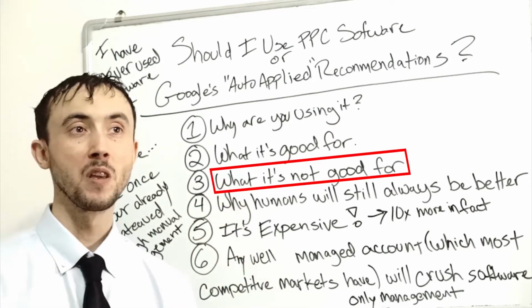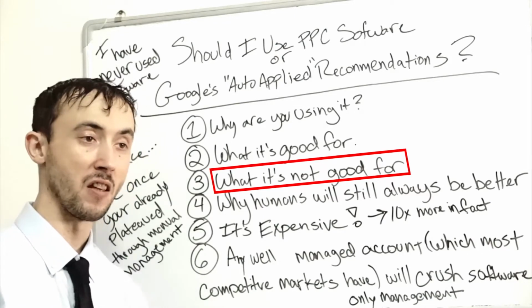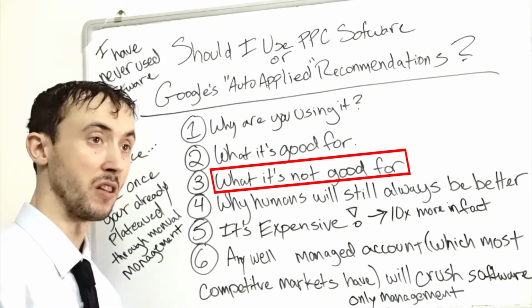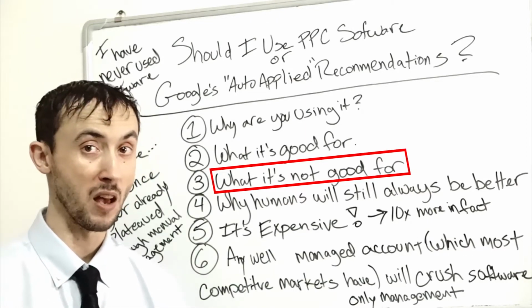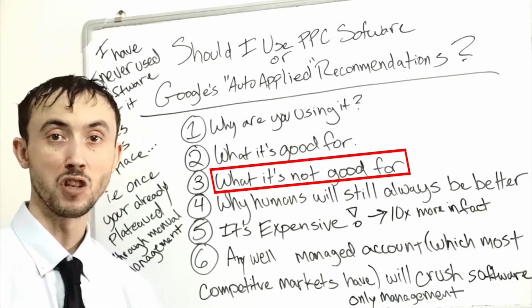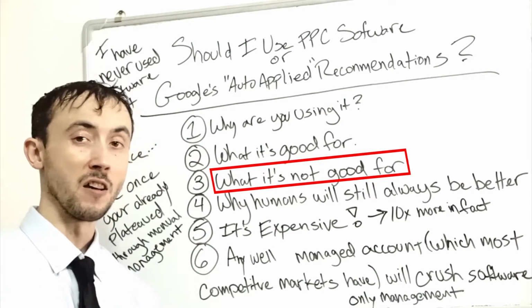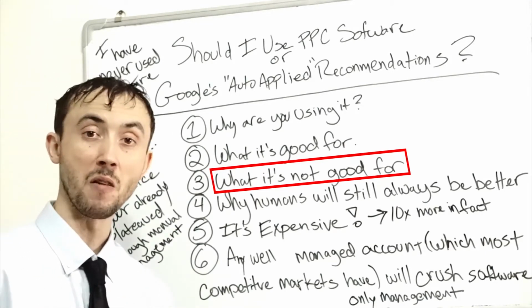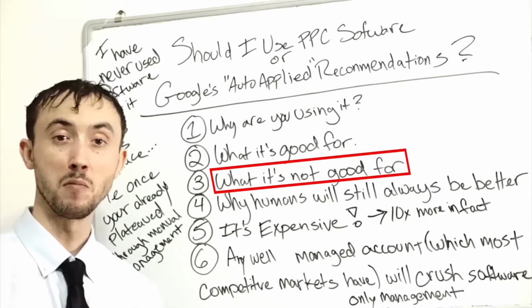What it's not good for is a set it and forget it approach to PPC management. I mentioned that in the beginning part of this video. That's what most people are trying to use the software for, and then when they realize they can't do it and they are trying to save on hiring an expert that can run several $1,000s a month or more, they'll try to use the software because it's cheaper. Not all software is cheaper, of course. Some is very expensive. But if you do that, you'll be lucky to have your account be profitable. It may not be profitable at all, certainly if you're in a competitive market. If you're not in a competitive market, maybe it'll be okay.